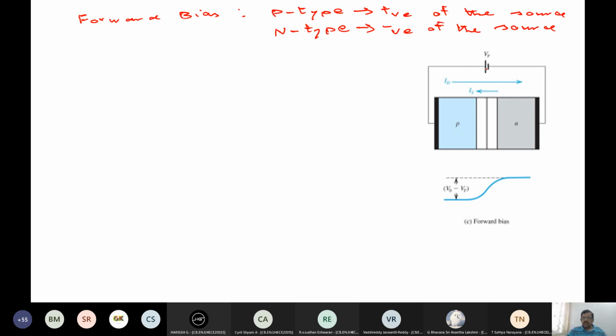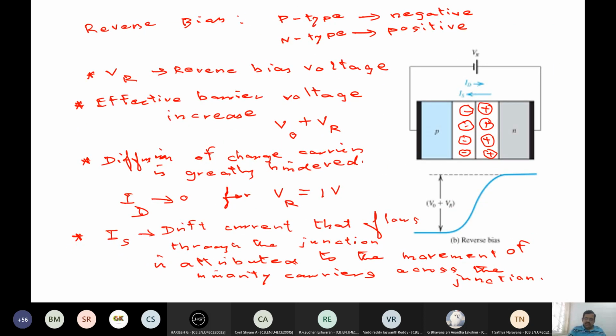The source is here. I just want you to note something here, just a minute. You see here the potential, VR is the source. It is in the same direction. We have already seen V0 is in this direction because the induced field goes from positive to negative. The potential is always with the counter sign of the electric field direction.